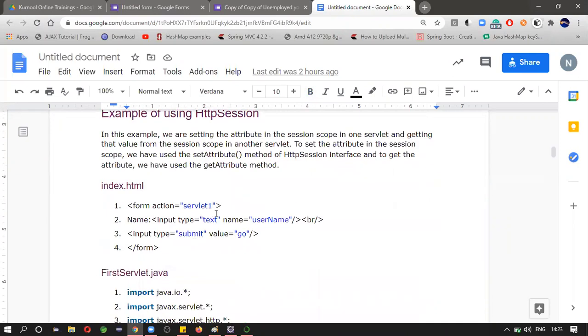Next we will see this example. We are setting the attribute in the session scope. Here I suggest to explain these scopes. It is one of the scope servlet attributes.